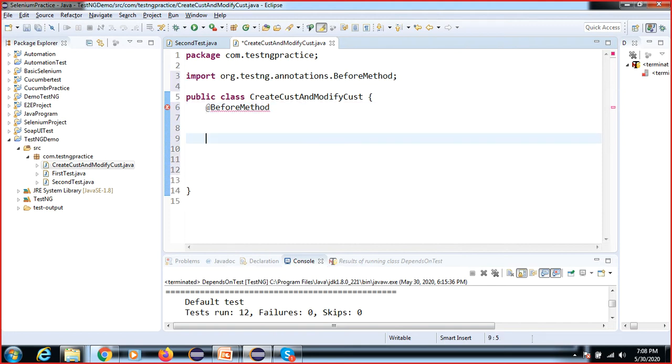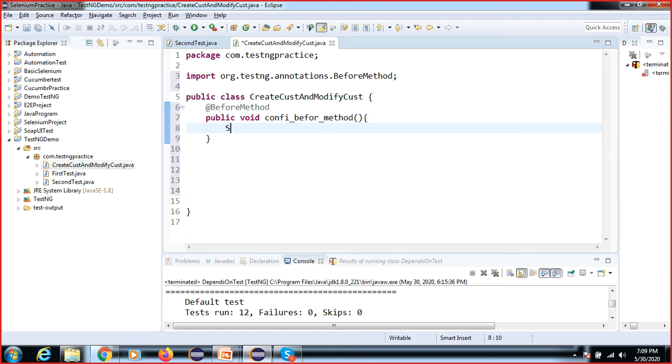We will create one method: public void config before method. Here I'll show you some code, how we can use it for test validation of the application.